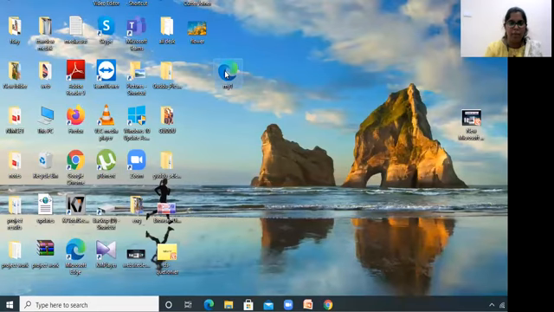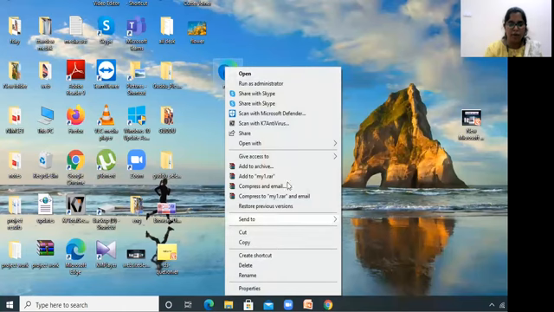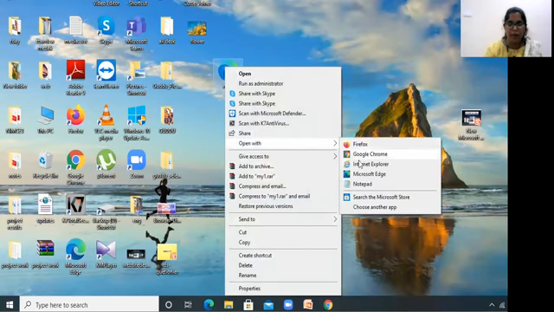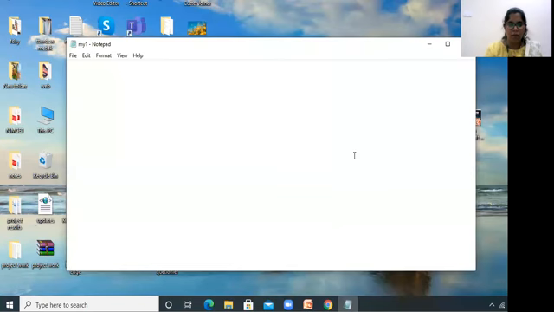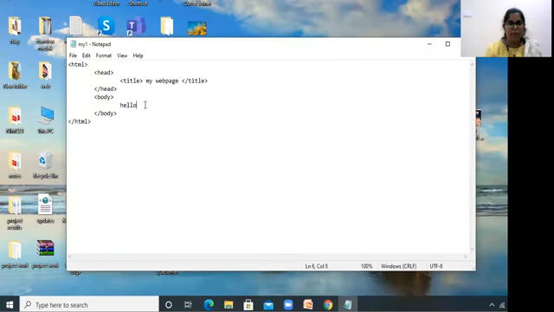Here we have a file, my one, which we created in the morning. I am going to open it with notepad. We have simply mentioned a hello world message there. Now I am trying to insert an image: img and src equal to some path I am going to keep here, followed by alt equal to not available.